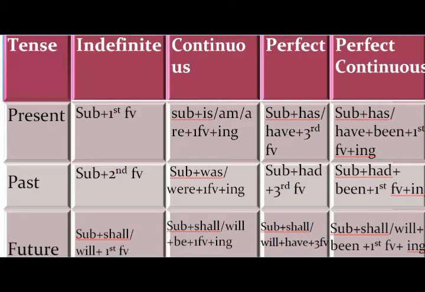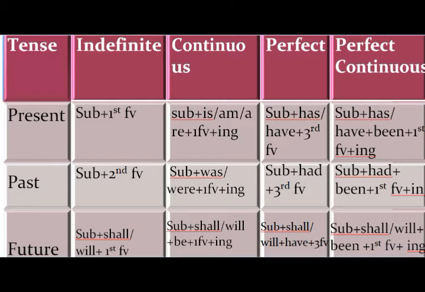See, there is one thing common in present, past, and future continuous tense, which is first form of verb plus ing. So, whenever we talk about continuous tense, then we always use first form of verb plus ing with subject. Okay. Now come to the